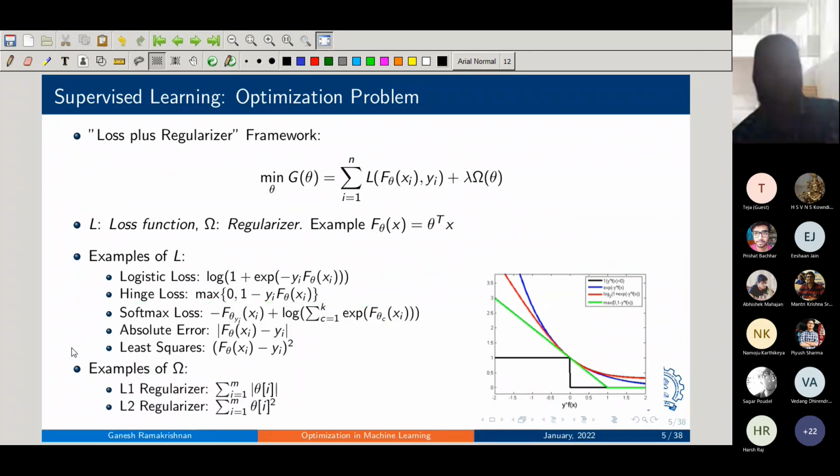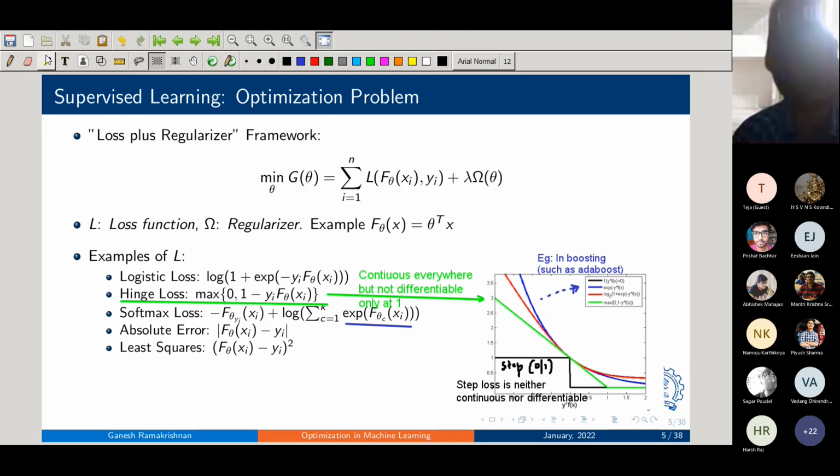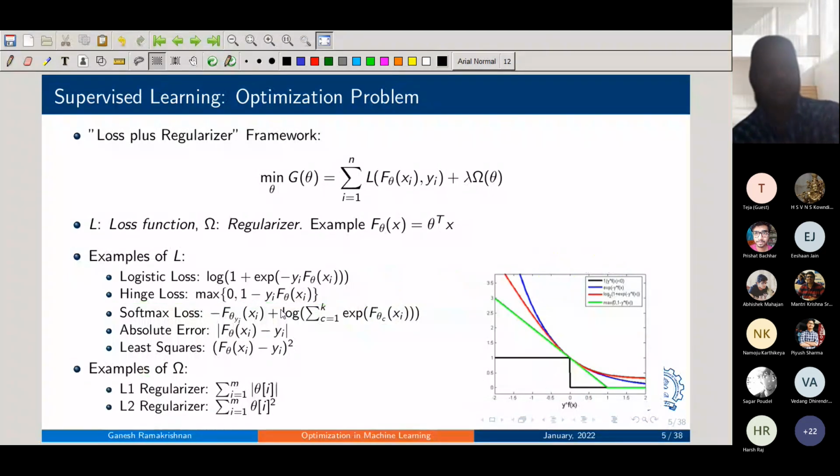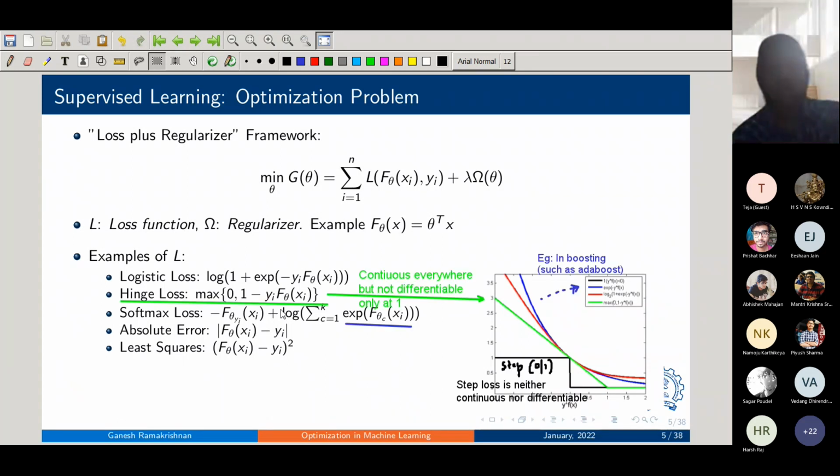So this is the overall loss plus regularizer framework, but what about the regularizer itself? Yeah, I mean, logistic loss, I assume all of you are okay with it, because you can think of this as a special case of the softmax loss. Let's move on to the regularizer, unless you have more questions. Okay. But by the way, what loss does perceptron optimize? Let me ask some questions. I want to make sure you are all tuned in. So this is the hinge loss. Okay. So perceptron optimizes the hinge loss.